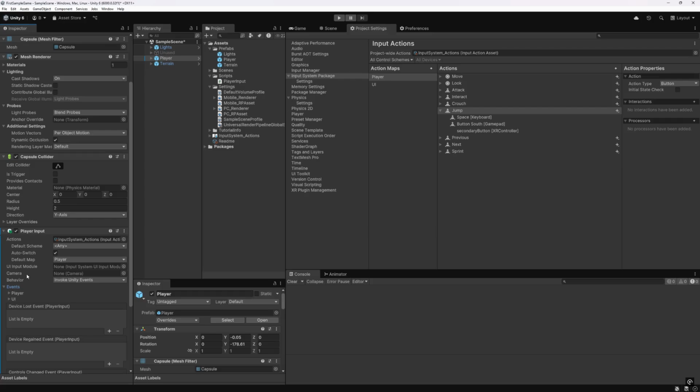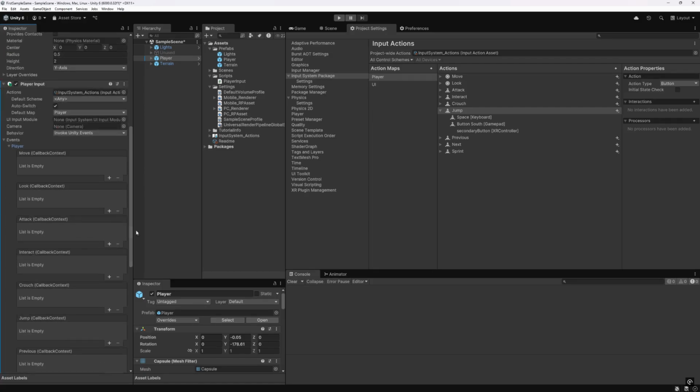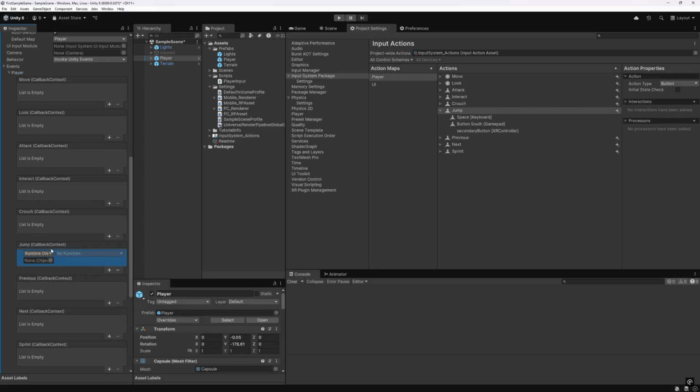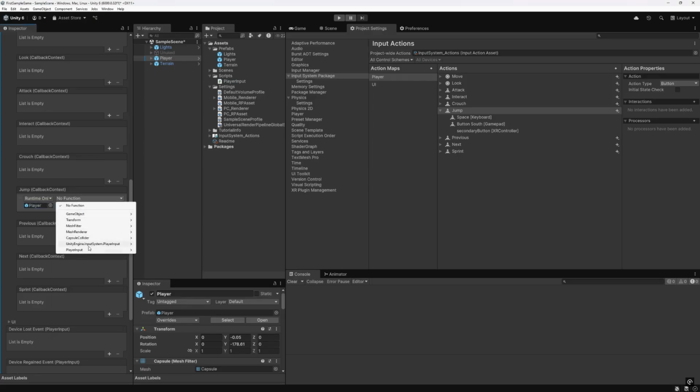In the events variable below there are two subgroups now, player and UI, and they correspond to the window you see on the right, project settings, input action maps. In the inspector at the jump field we set our script method. Before launching the game I applied changes to the prefab, because now we were working with scene game objects which can have differences from the base prefab.